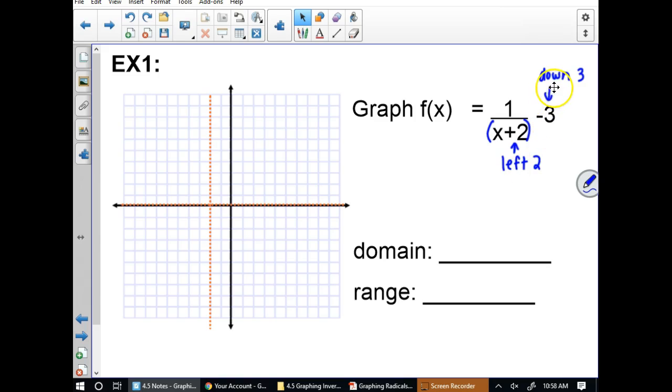Then I am going to move the horizontal asymptote down 3. I could move this one as well, but it's not going to do anything because it's going to be sliding up and down. All right. So these are my new asymptotes, right? I've moved the horizontal one down 3. I've moved the vertical one left 2. So I know that my graph is going to go through this point and this point,